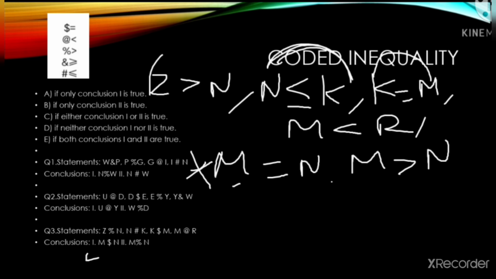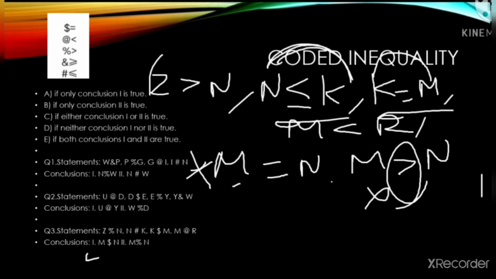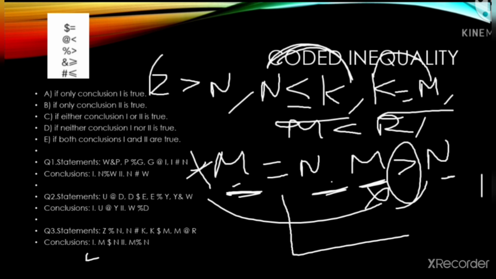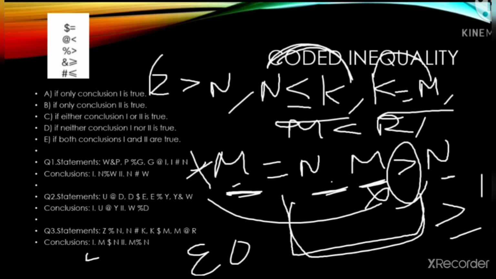Next is m is greater than n. We can move on from m to k and from k to n, but we do not have this particular sign minimum one time, so in this way this also goes wrong. Fine. When both the conclusions were wrong, elements were same, m and n, and if you are looking at the symbols here, we can make the greater than or equal to relationship. So again it makes your either-or case relationship. If you are not clear with the either-or case, then you can see part 2. You will definitely get the concept there.